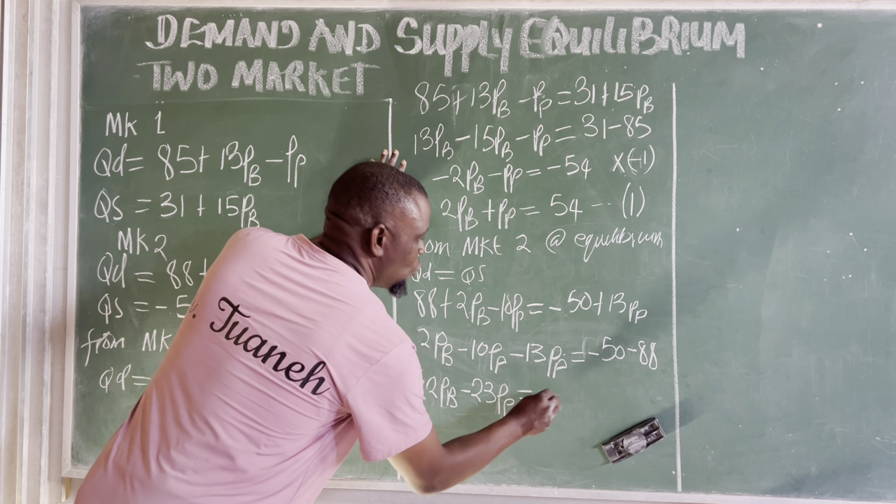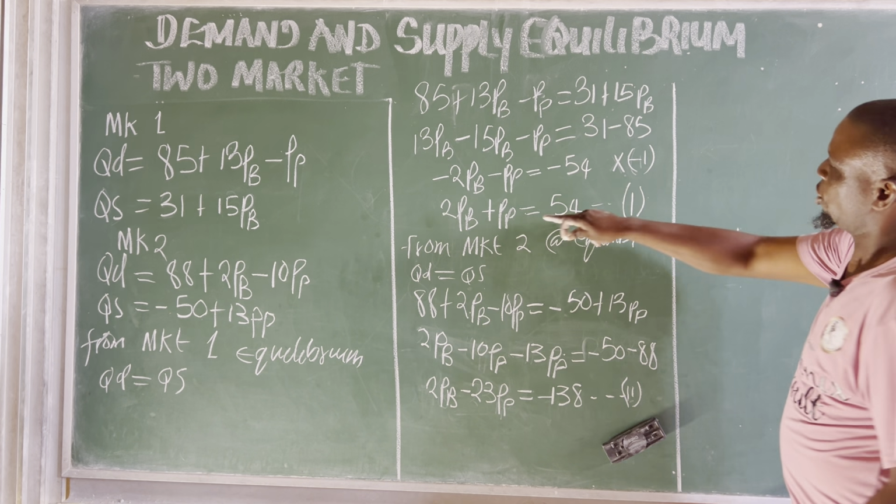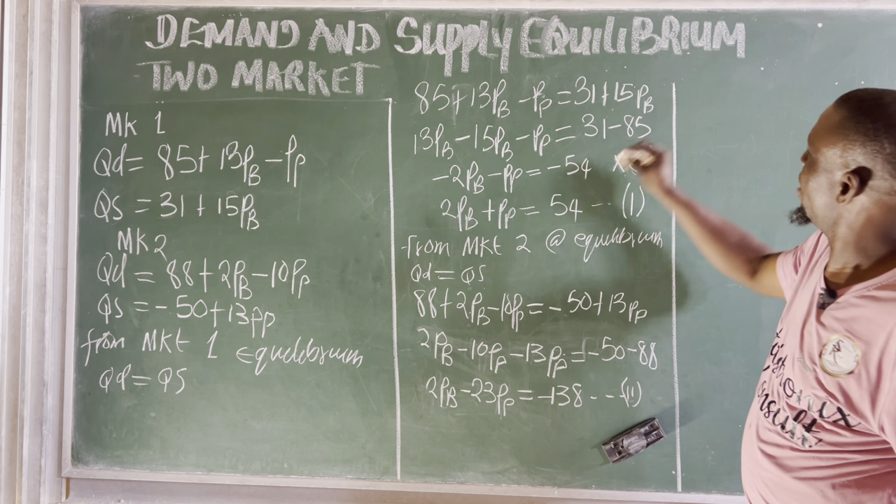And that will be equal to minus 50 minus 88, which will be minus 138. Let's call that our equation 2. Okay? Now, all we need to do now is to solve equation 1 and 2 simultaneously. So what is our equation 1? Equation 1 from what we have here is